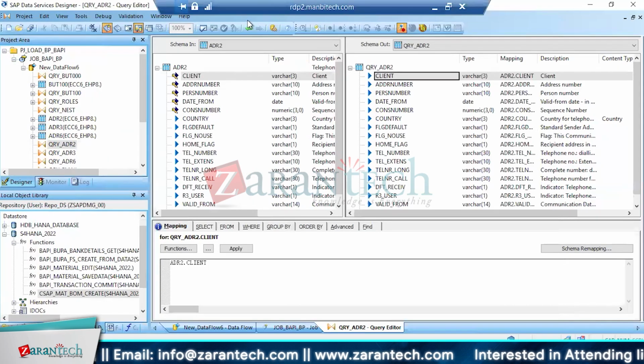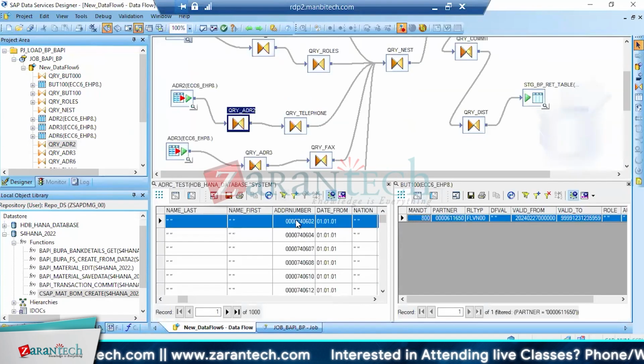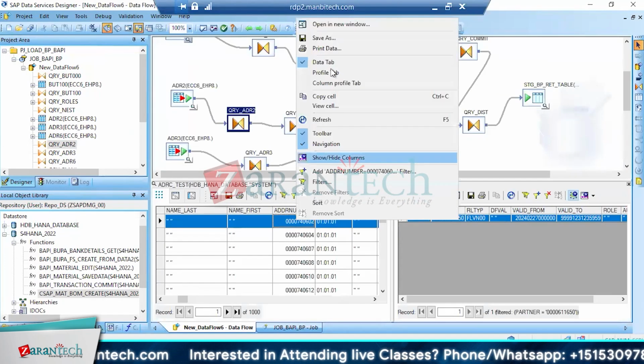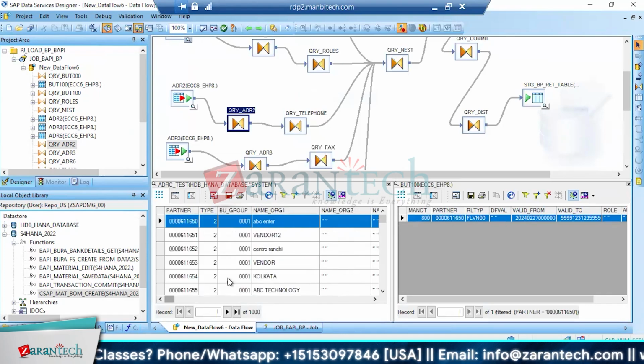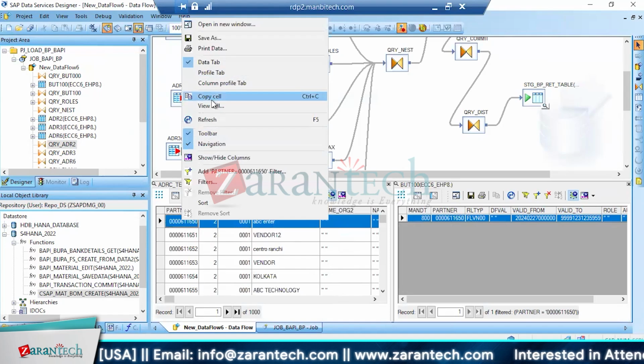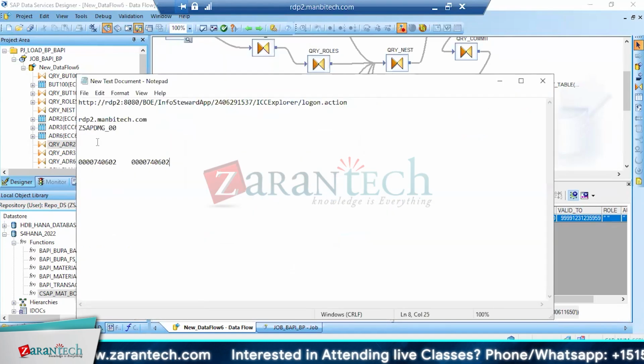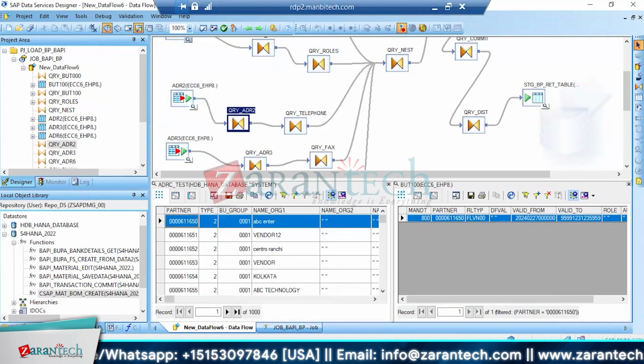Just a moment, guys. Okay, this is the address number, right? No, this is the partner. I want to load data for this partner. This is the partner and this is the address number. So what I will do,